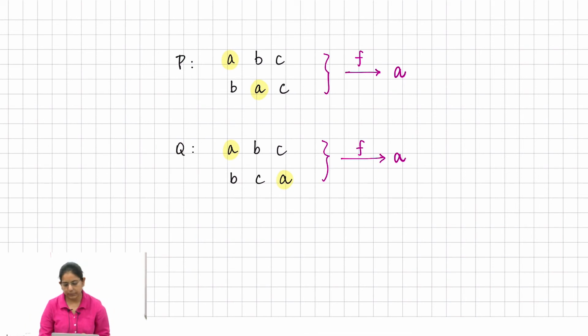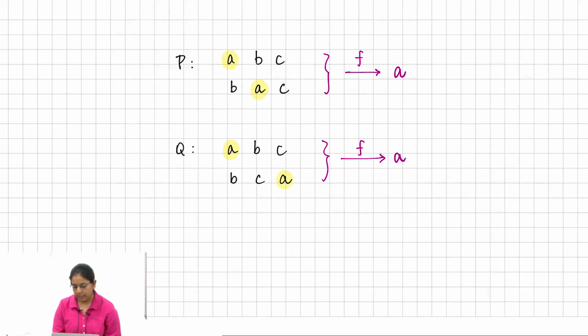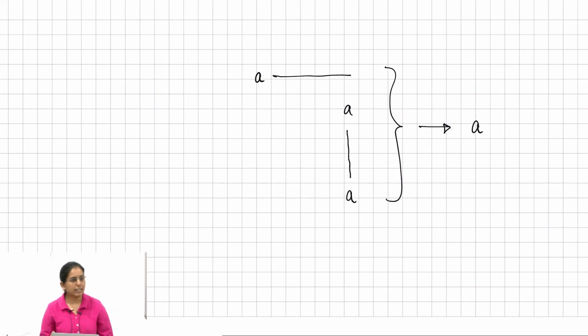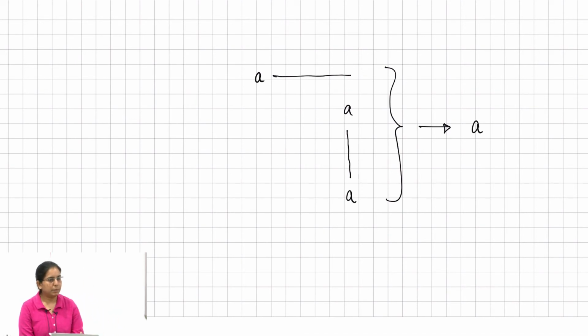So if you have a situation where there is one voter who places A at the top